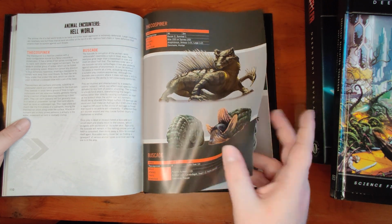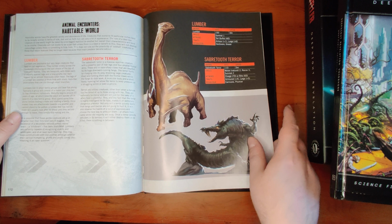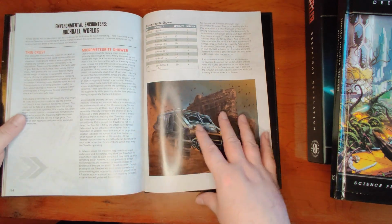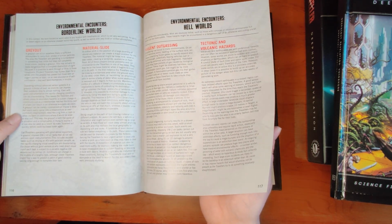They have a psionic screech, ouch. Habitable worlds, you can get the lumber, which is kind of a spiky-looking brontosaurus type thing. And a saber-toothed terror, that's a horrible-looking crocodile with even more claws. Not great. Rock bowl worlds, you can have environmental problems, thin crusts, micrometeorite showers, environmental encounters on borderline worlds, grayouts,